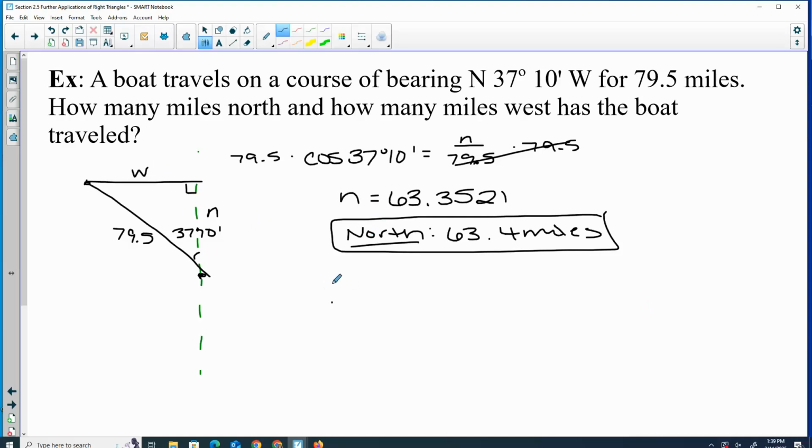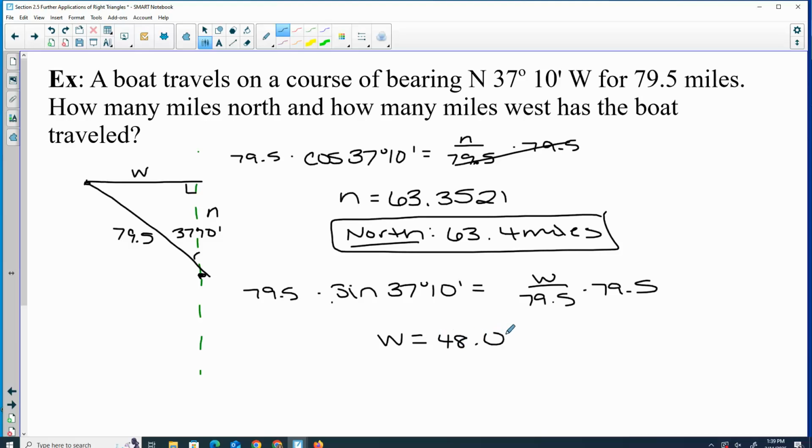From here, west is opposite from hypotenuse, so I could say the sine of 37 degrees 10 minutes equals W over 79.5. So that would be 48